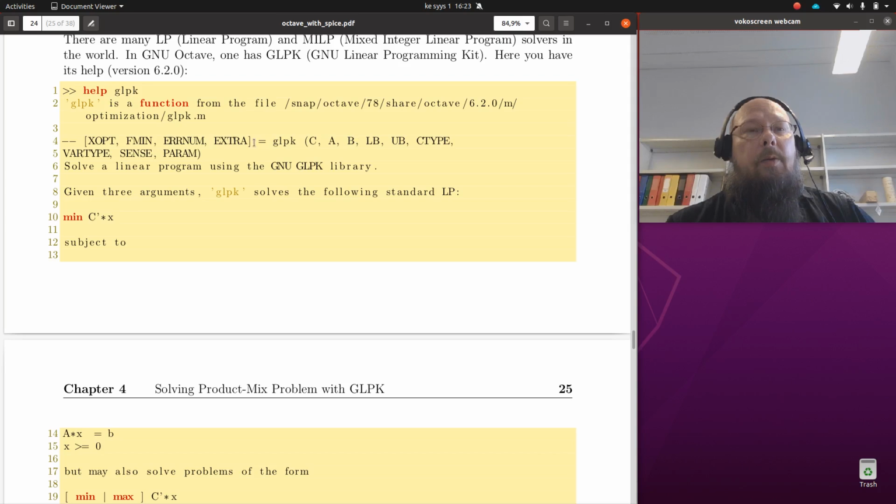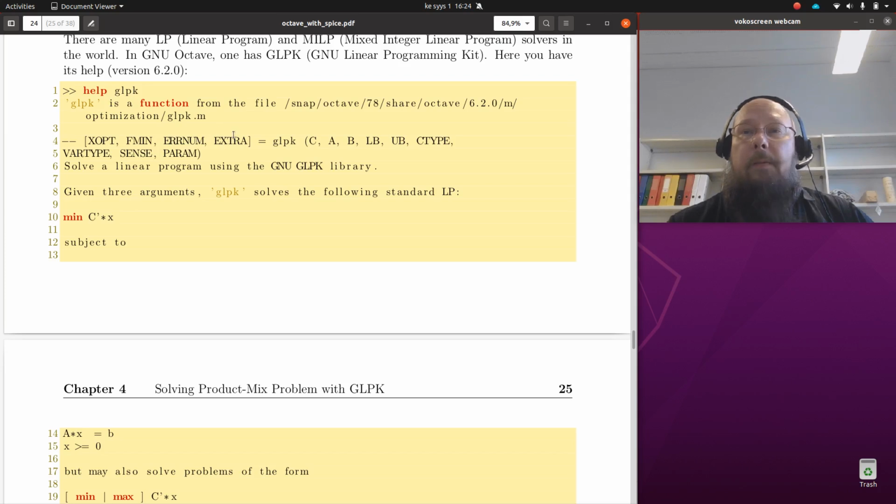It's also true for this output, so it can actually output 1, 2, 3, 4 different things for us. And if we ask for 4 things, it will give us 4 things. But we can also ask for, for example, just one. Then in this case it is xopt, whatever that is, given to us. If we ask for 2, xopt and fmin, then 2 of them are given, and so on. But of course, if we want to get this, then we have to ask for all 4 of them, because